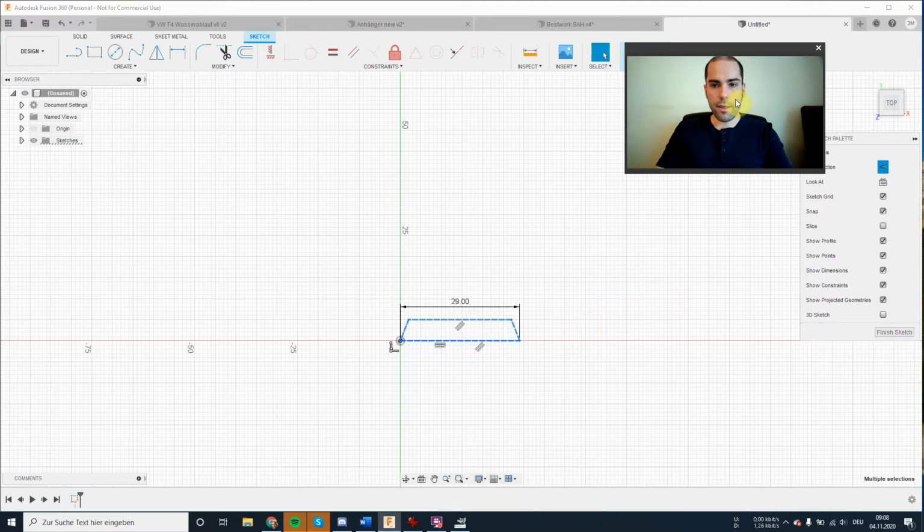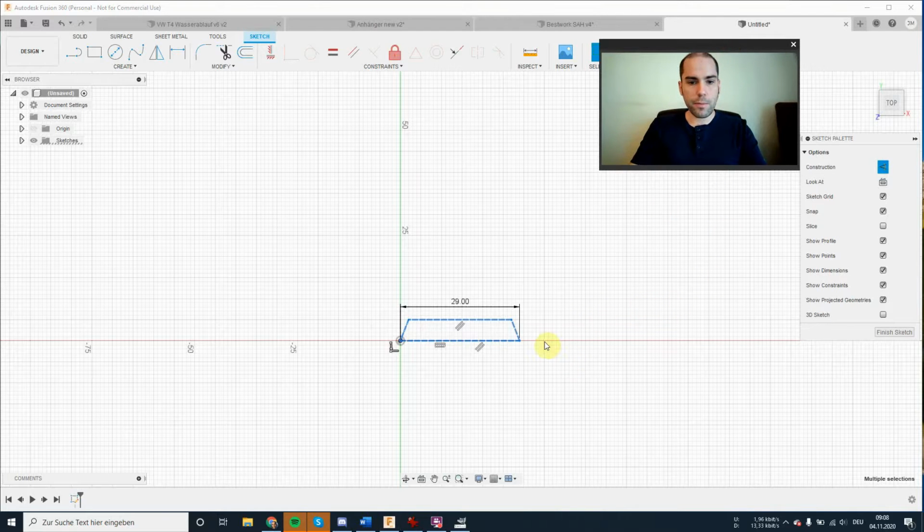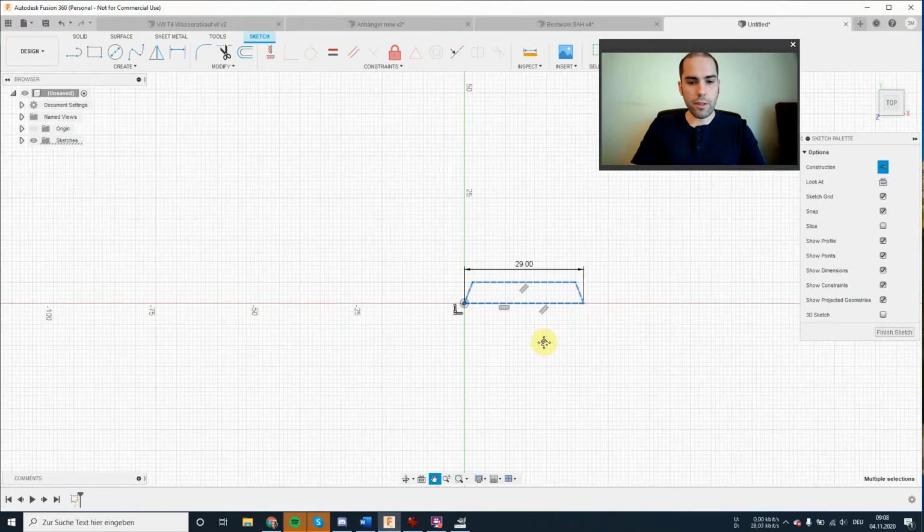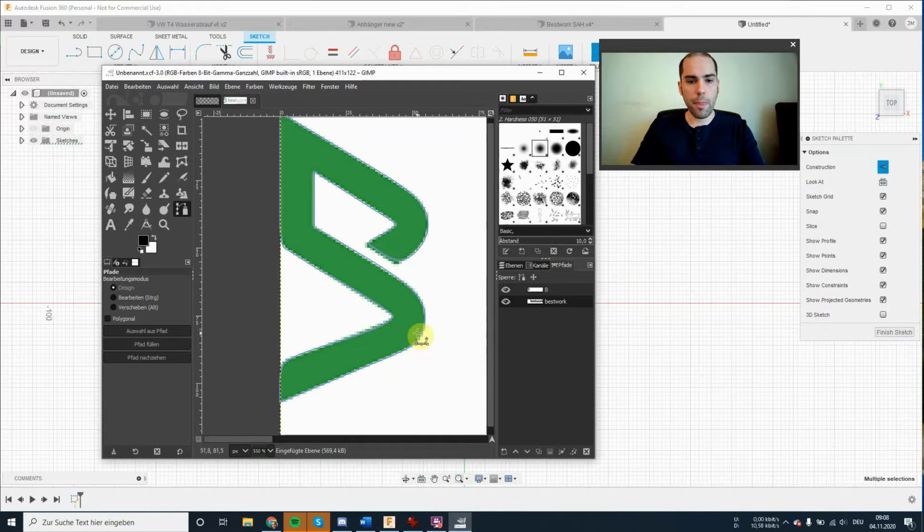I marked this as a construction drawing, so it doesn't influence the actual sketch profiles. Now we need to insert the logo that we're going to use, which I have already prepared as a scalable vector graphics file.